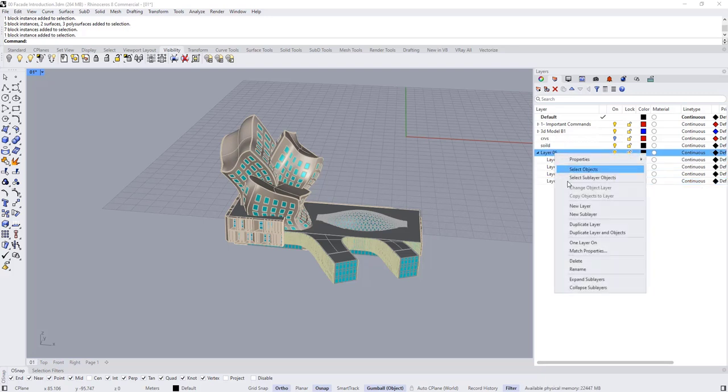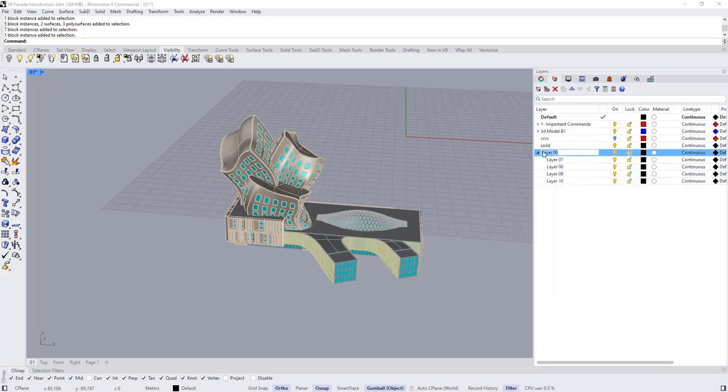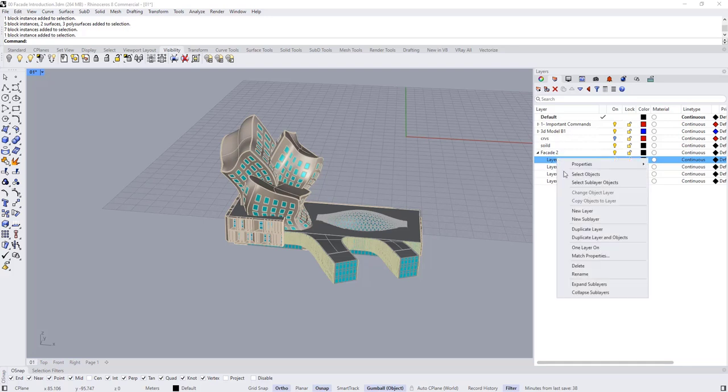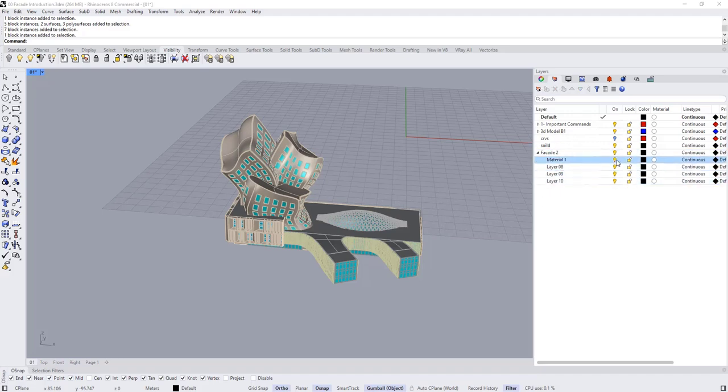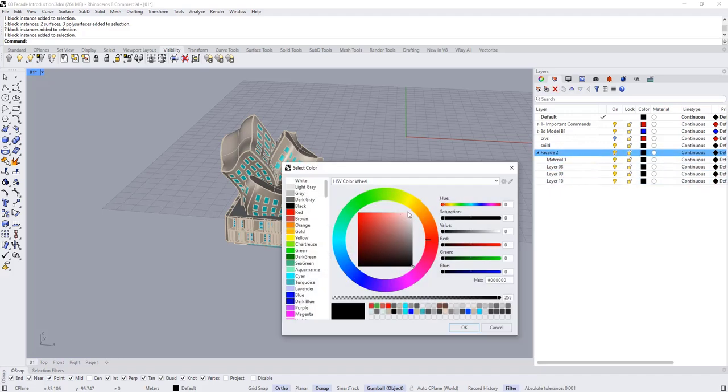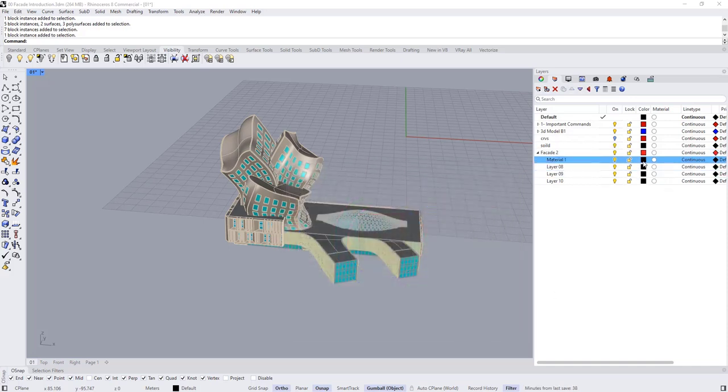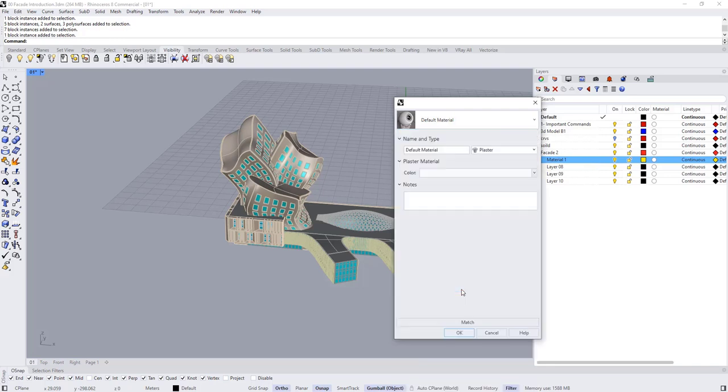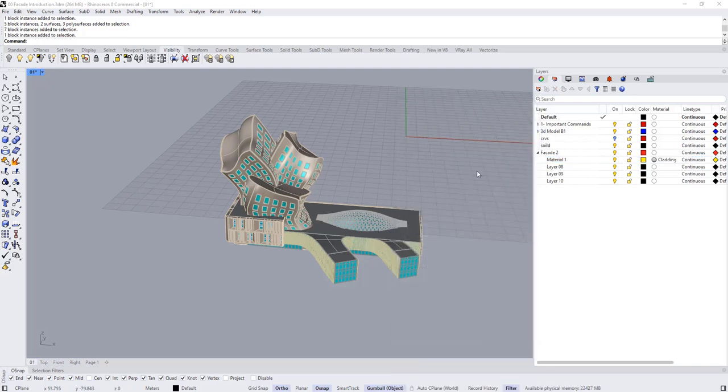To rename it, you can right-click and choose rename, and for example, Facade 2, and inside it, let's rename the other layers, maybe material 1, and so on. And to change the color of the layer, you can click here, change it to whatever you want. To apply a different material to the layer, you can click in this circle and choose a material. And to select the layer that you will work on,